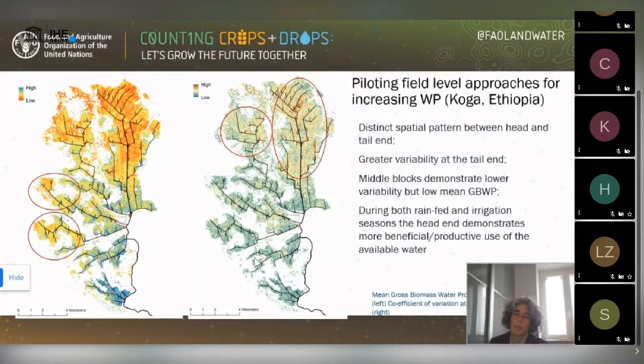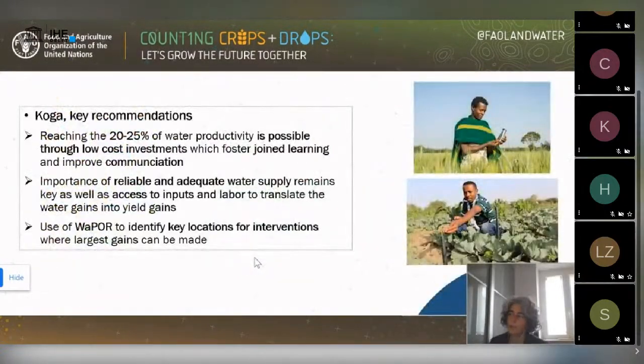So we can, of course, translate the data and display them on smartphones and build applications, but smartphones are not necessarily the best way. In this case, farmers were not, the farming community was not using smartphones extensively. So the best approach was instead using less, let's say, low-cost technologies like a soil moisture detector, and use